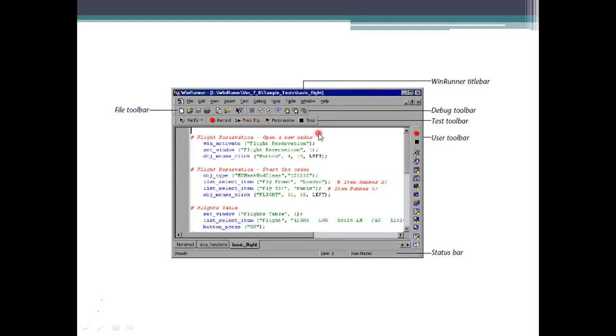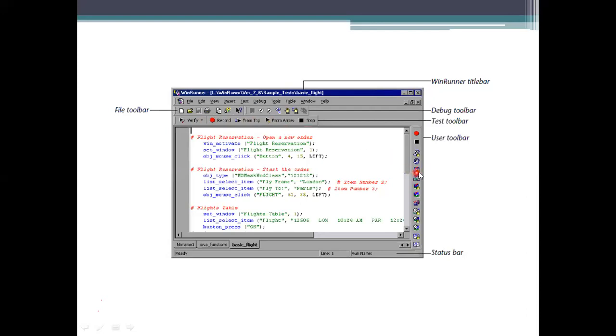In this test toolbar, we are providing verification, and also we are providing the recording, play from the top, play from the arrow where it has been specified, and stop. Further, the test toolbar consists of execution: run, record, and run from the top.